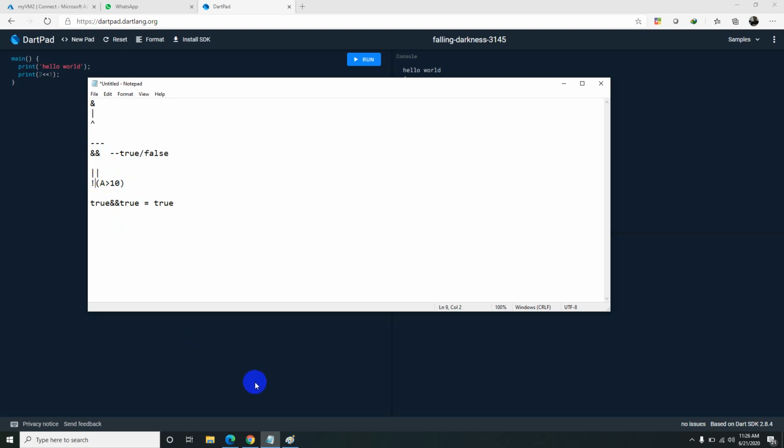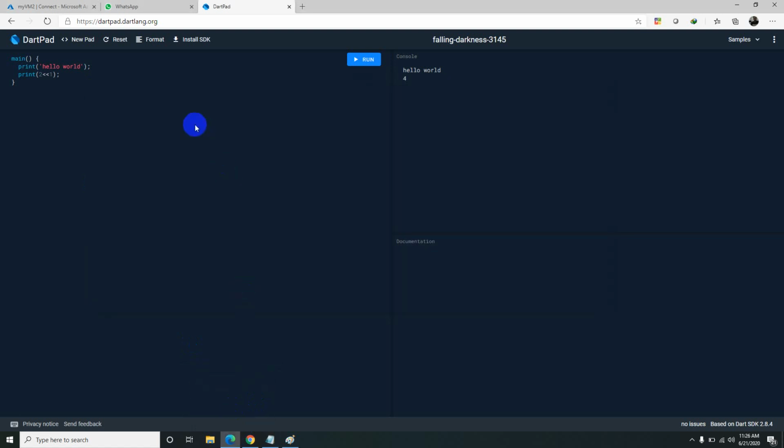There is one operation called the conditional expression, which you have seen many times in many languages. Let's say int a is equal to 34, int b is equal to 45. Now you can see the warnings here.